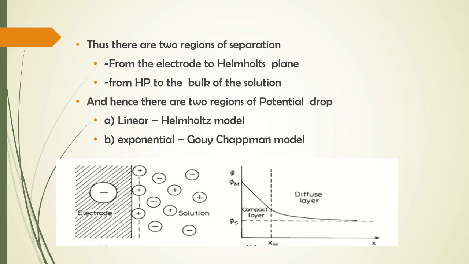Using the same theory, we can calculate the capacitance in the two regions as well. That is the equation 1/C = 1/CH + 1/CG. That is, the capacitance in the interface region: 1/C will be the sum of the capacitance in the Helmholtz plane and the capacitance in the diffuse layer, or the capacitance which is derived by the Gouy-Chapman model. So although